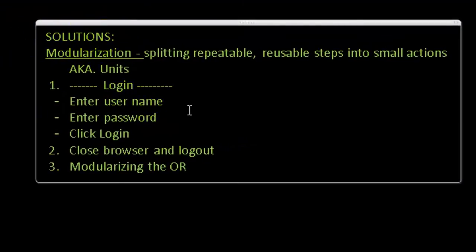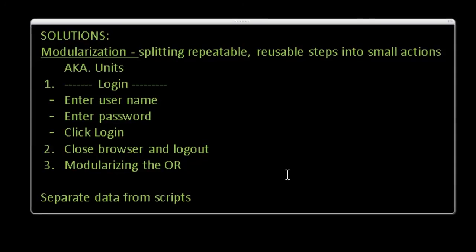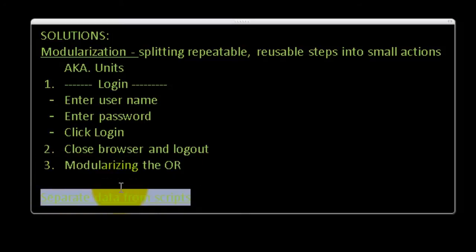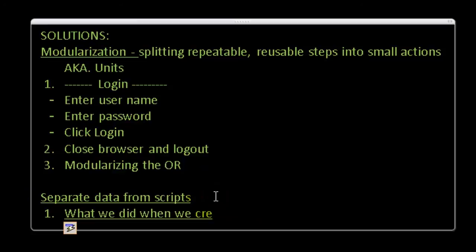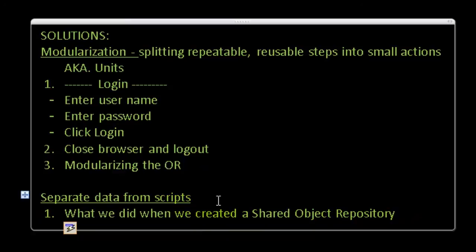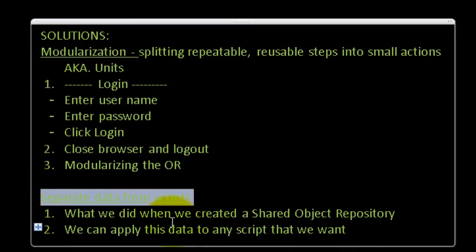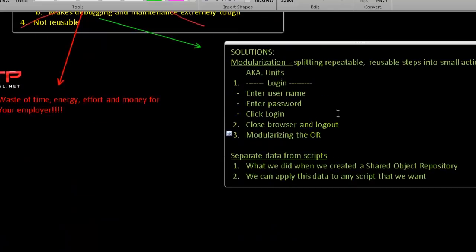So, what you really want to do is you want to modularize your code and you want to separate your data from the scripts. This is what we did when we created a shared object repository. Okay? We separated data from the scripts, and now we can apply this data to any script that we want. Is this making sense to you guys? I hope it is. And overall, when you do this with this and avoid this, the end result